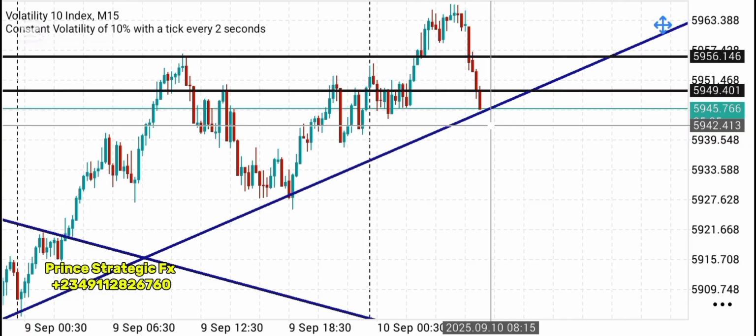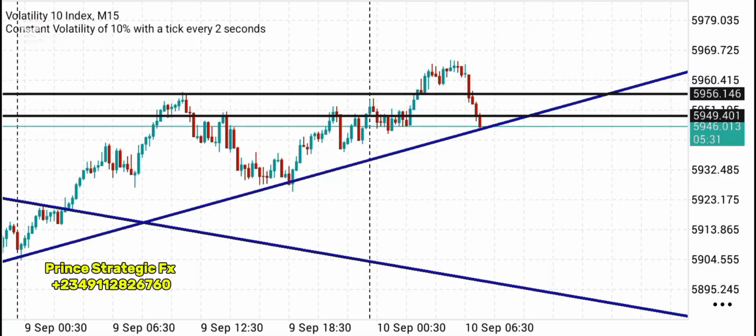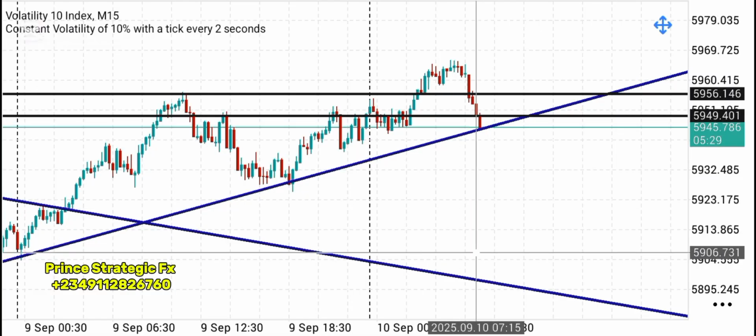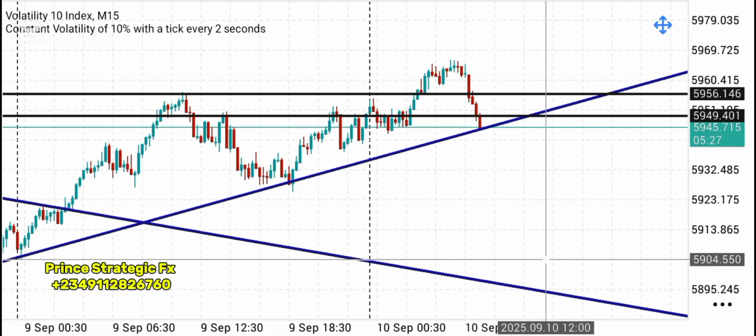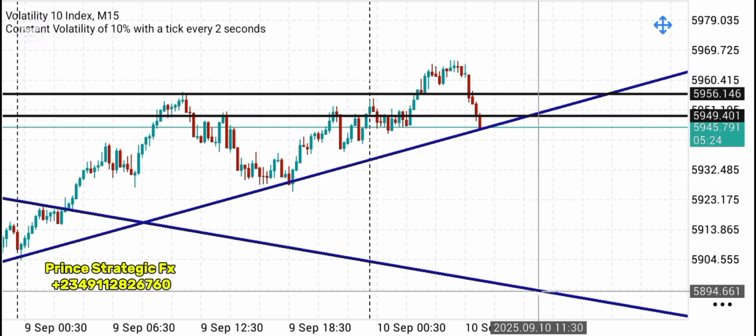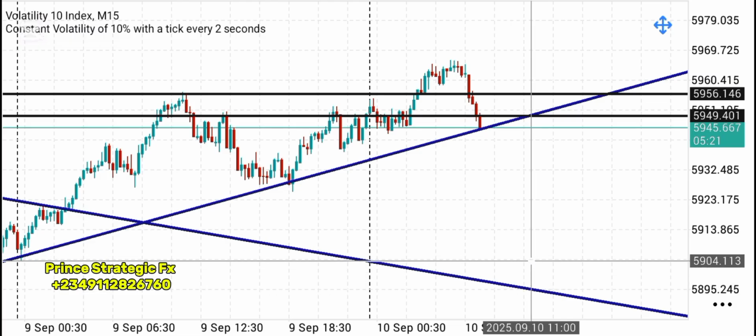We can just enter this market and start selling it all the way down here. You can see exactly where that trend line is. We can start selling either here or here. It's perfect to take